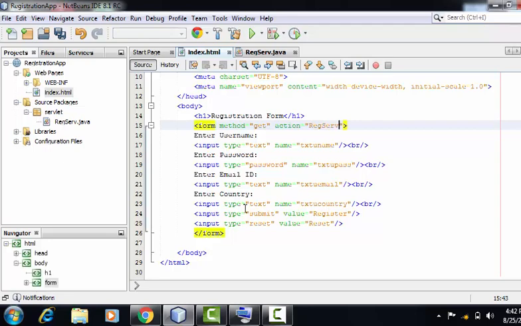Now after creating the servlet file, one very important step we need to follow over here, that is adding libraries. For allowing the connection with MS Access database, we have to add few libraries, and for that we have to go to libraries folder, right click, go to the third option, that is add jar or folder.